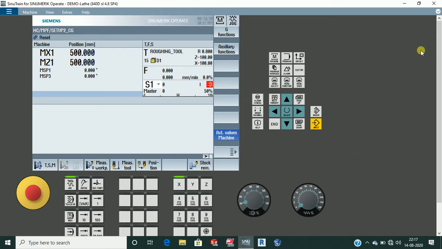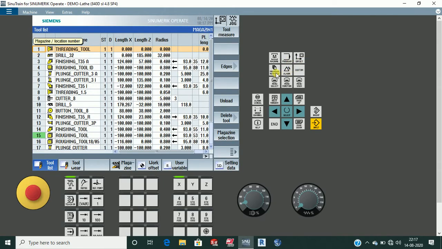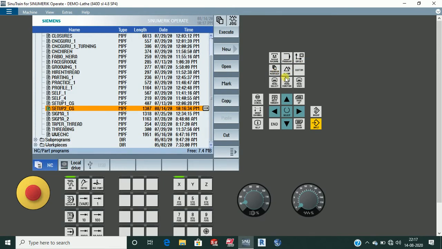Okay, so let's start. The first button is Machine. Let's see what the machine button does. If we press any button, like offset or program manager, and you want to return to the machine window, basically this window, this is the main window. As on a phone or a laptop, we have the home page.